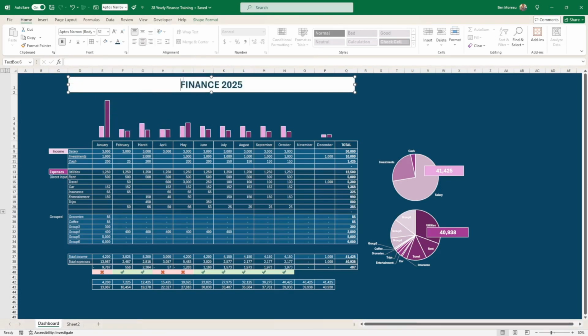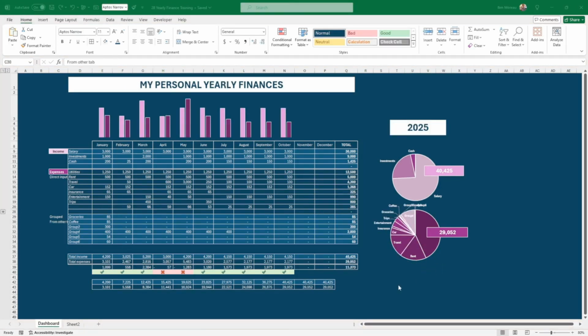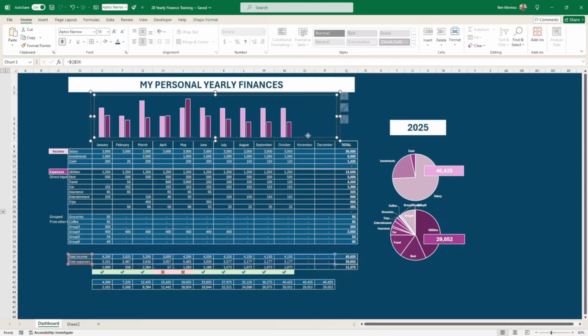And I think I need to put a longer title, my personal yearly finances. Okay, so we're really getting into very small fine-tuning, but you could align those two if you wanted. You could add the dollars. You could, here I think